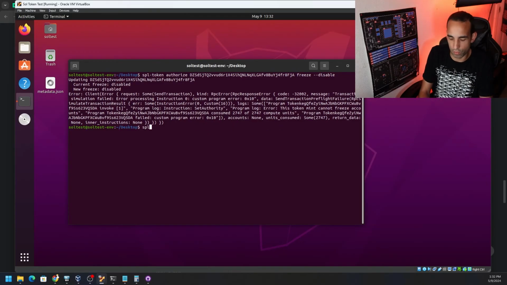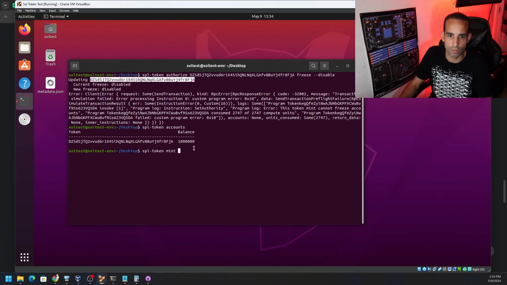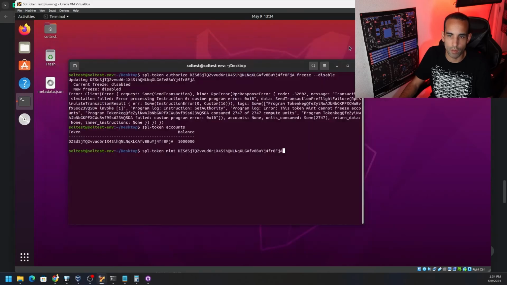Let's show you that we can mint more token. First, we're going to do spl-token accounts to show that we still have our 1 million. And let's give it some more. spl-token mint. And then we need our address. So our token address, but we also need our account. So there's our address. Go back to our document to get our account, which is right here. And let's say that we're going to go ahead and mint another, let's do 500,000. So now we should be at 1.5 million. All right. And then our account,